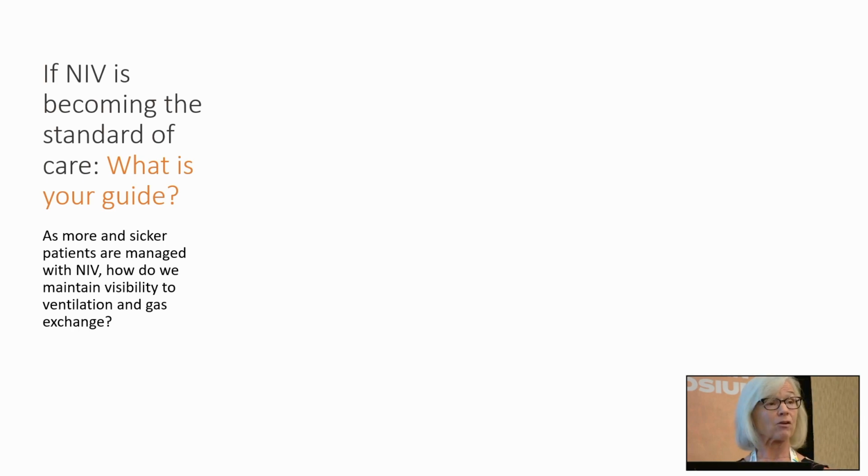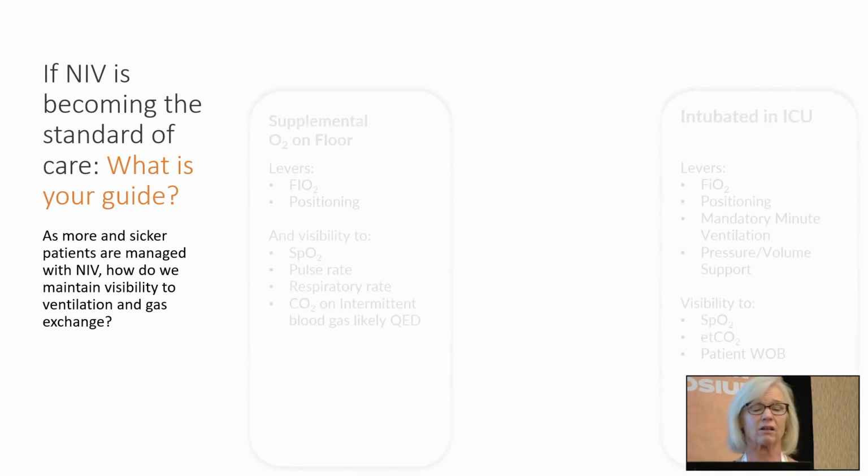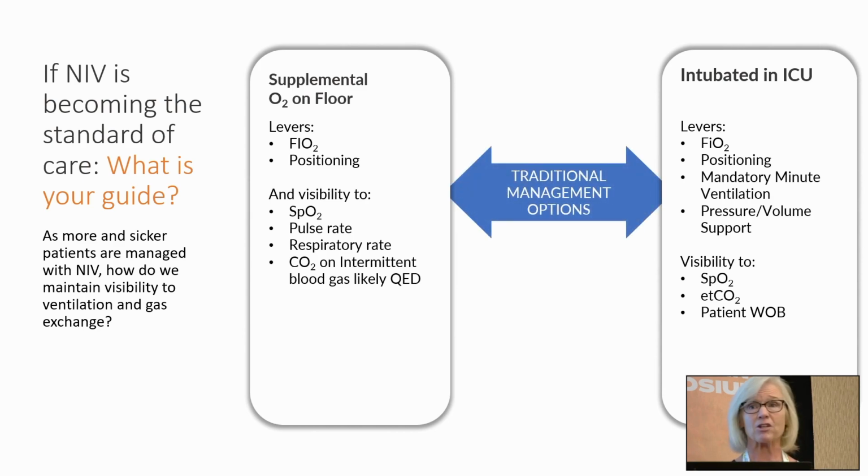So let's talk about non-invasive ventilation, and this is, again, specifically in the pediatric ICU, and I'm really curious to know if in the adult ICU you guys are kind of leaning towards more non-invasive ventilation as well. Used to be a patient would get admitted, let's say a sick kid comes in and we're going to give them oxygen, and we can see their oxygen status real easy so we know if they need oxygen, put them on a pulse oximeter. You've got visibility to their SpO2, heart rate, respiratory rate. You're not really going to be able to see their CO2 values unless you're doing a blood gas when they're